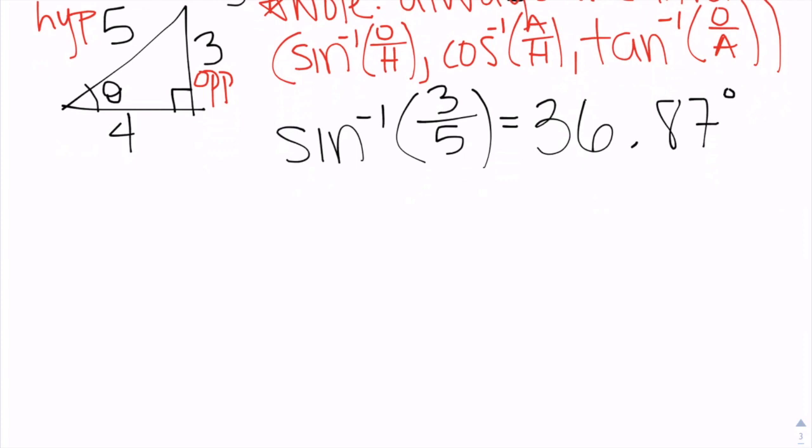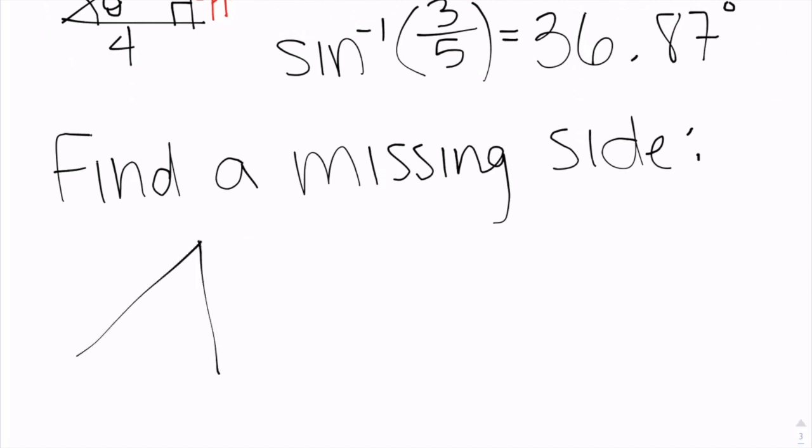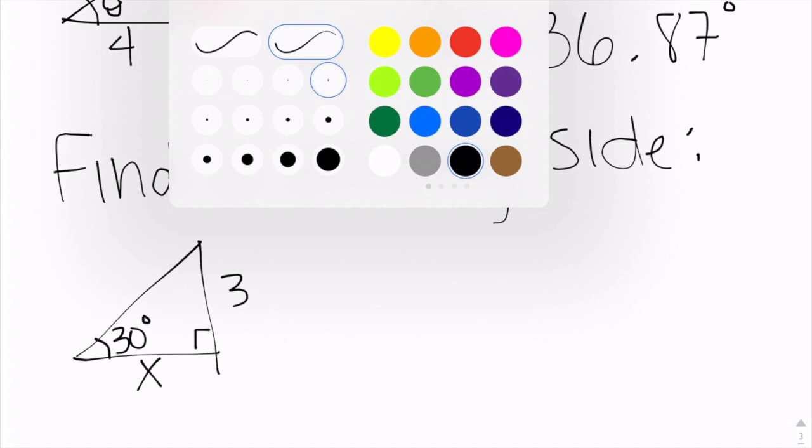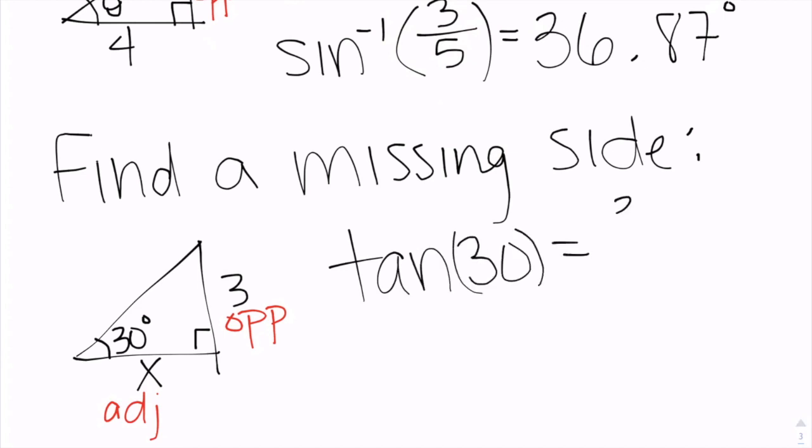I'm actually going to throw in one more example if we want to find a missing side. So if we do this, and if we're given the angle measure of 30 degrees, and let's say this is 3, and then we want to find x. So this is the opposite side, this is our adjacent side, and so if we think back to SOHCAHTOA, that's going to be tangent. So we're going to say tangent of 30 degrees is equal to the opposite side over